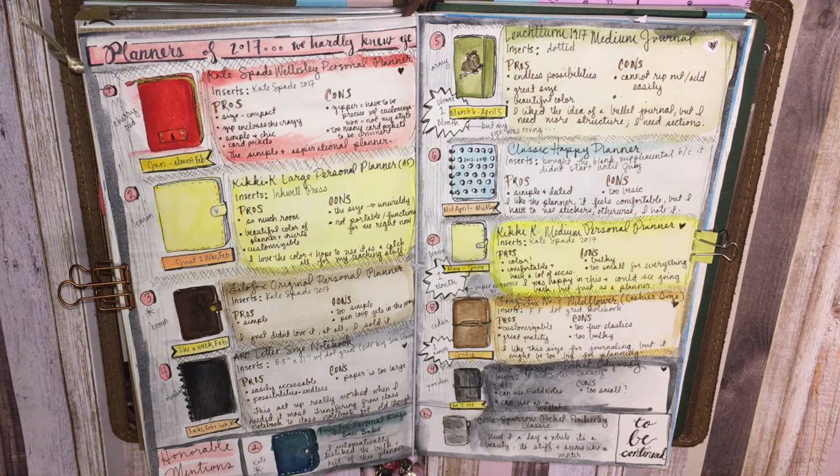So this was what I was using pretty much all the time during my planner slump. I was just making really simple, maybe 3/4 of an inch boxes that say Monday, Tuesday, Wednesday, Thursday, or Friday. But it wasn't really